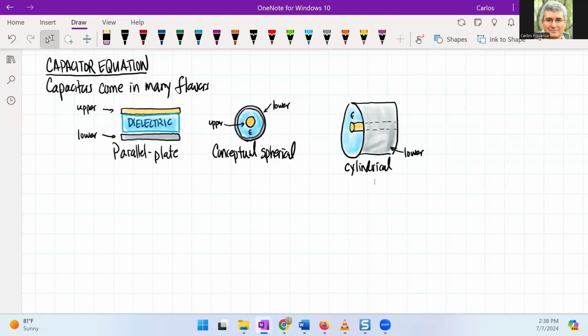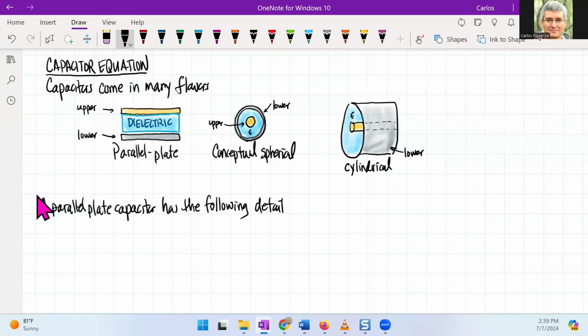A parallel plate has the following details. So when I look at the upper plate, what I'm seeing is that I have a plate. When I'm looking at my plate, I'm looking at this guy here. So if I draw the same thing here down below,